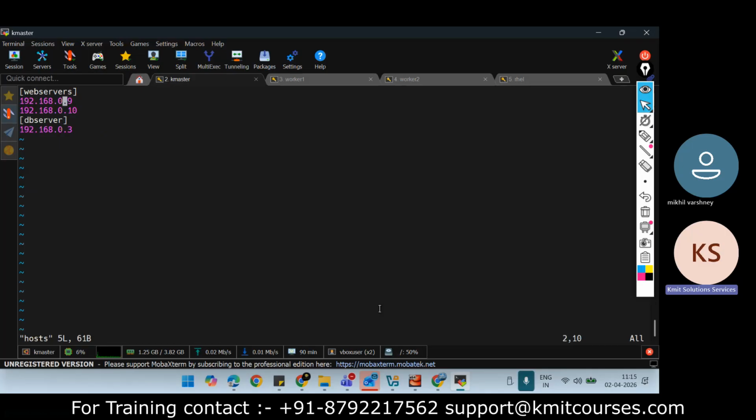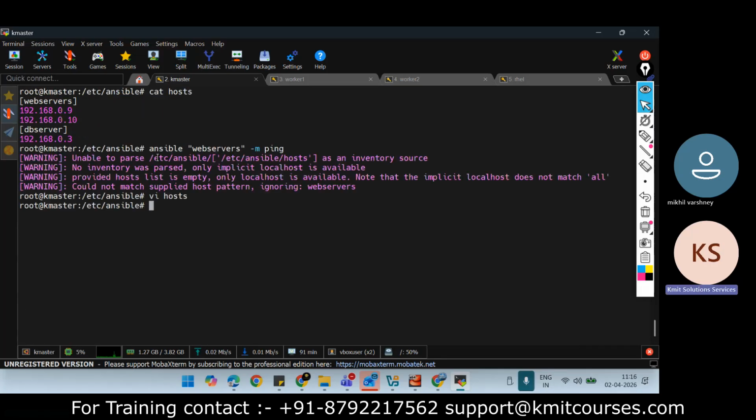Here the Ansible user is vbox user, and the same user for this one, and for this one the Ansible user is Raman, because we set up the connectivity with this. Let me save this, and now try to run it again.